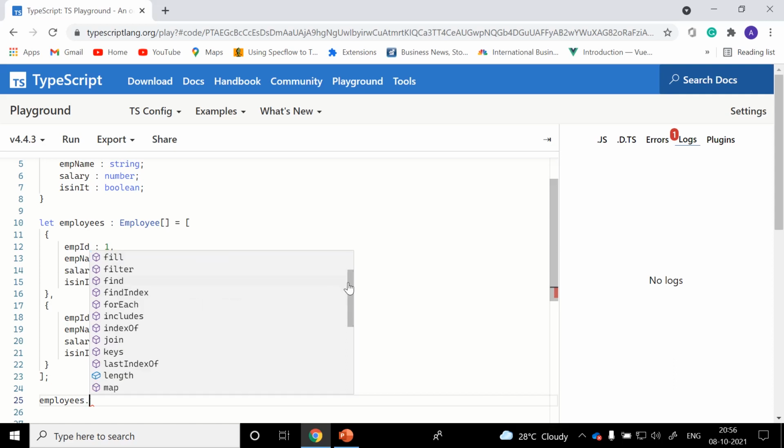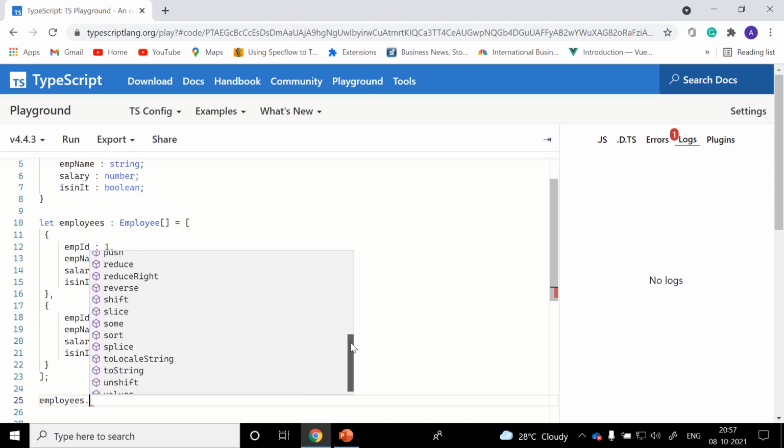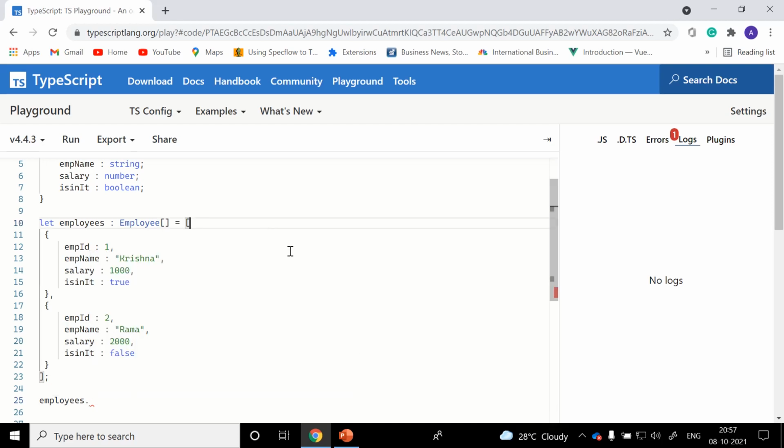Mainly, we commonly use filter, findIndex, forEach, indexOf, lastIndexOf, and map. Map is one of the popular extension methods, and pop and push are two other popular extension methods. In this session, we'll cover from the every extension method till the push extension method. In the next video, we'll cover the other extension methods present in array.